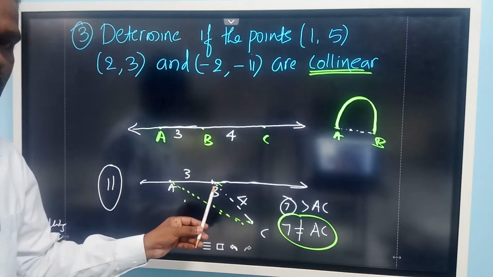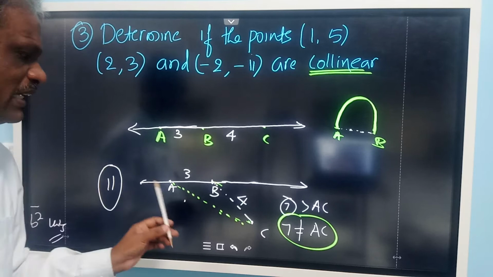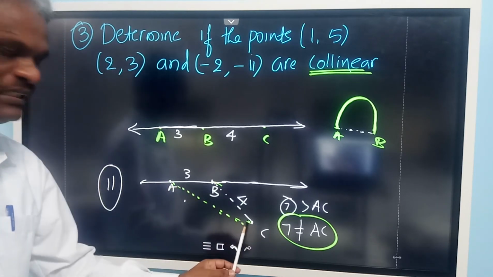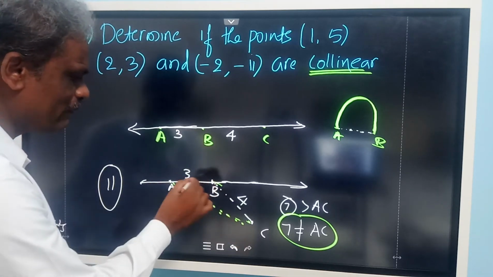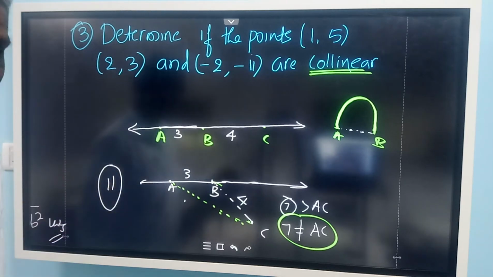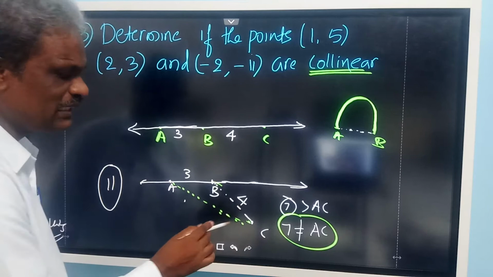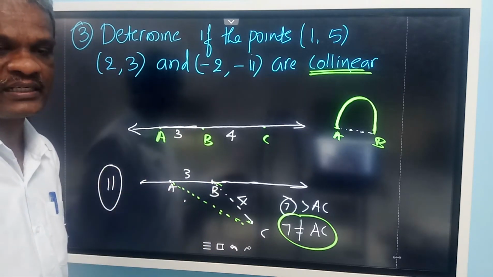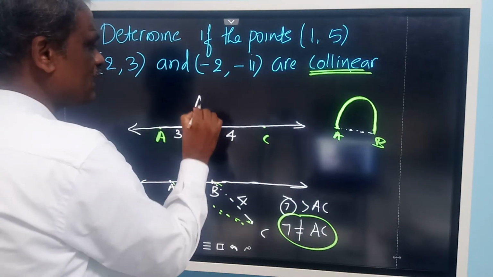See, AB is equal to 3, BC is equal to 4. If I ask what is the distance between A and C, it is the shortest distance that we take, that is this one, AC. This AC is forming a triangle with AB and BC. Look at this, forming a triangle if they are non-collinear. This is possible if they are non-collinear. Now, AB plus BC will never be equal to 7 if they are non-collinear. But it will be equal to 7 if they are collinear.